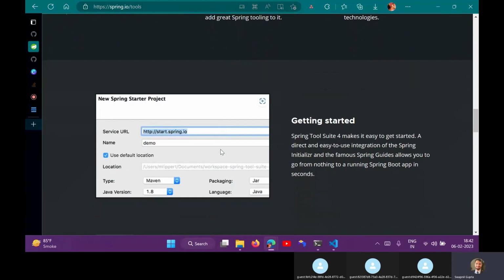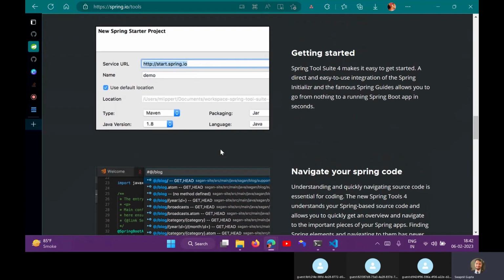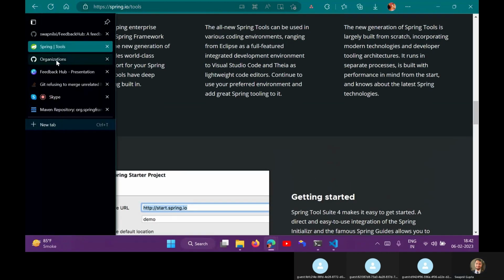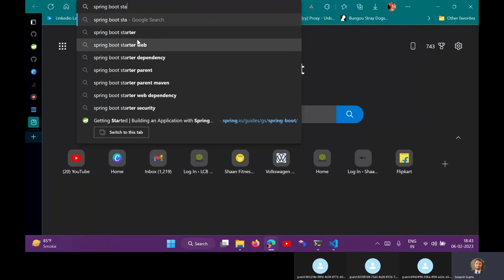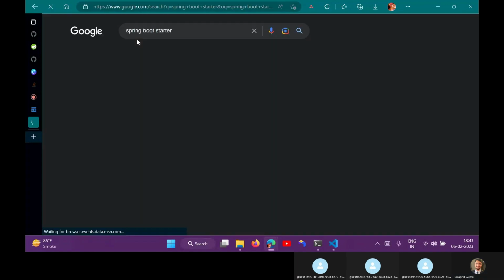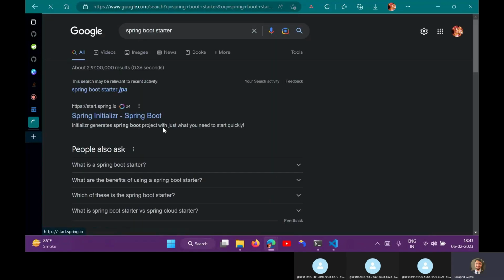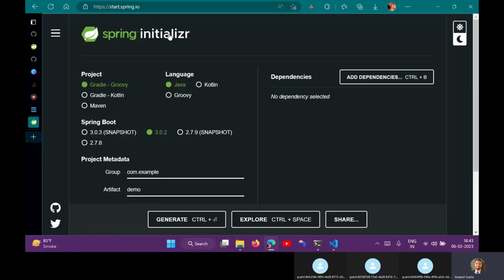They have updated it pretty much. And another thing that you can get is Spring Boot Start. There is a dedicated website, Spring Boot Initializr. I will show you how easy it is. So you need a Maven project. You want to work with Java, so choose Java. We need version 3.0.2 because this is stable.